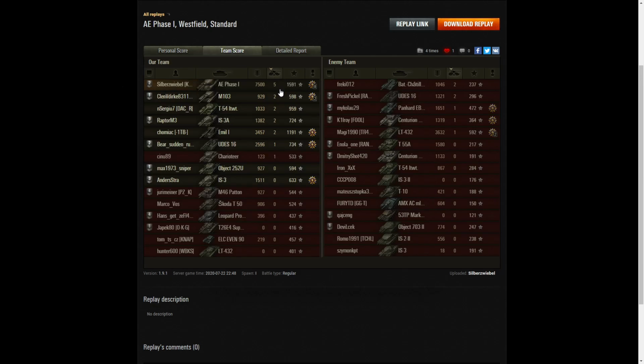just one short of getting a top gun. 2 kills go to the M103, the T54 Lightweight, the IS-3A, and the Emil 1. And 2 members of the enemy team, their Batchat 25 TAP and their Udes 16 both managed to get 2 kills. I'm afraid Bear Sudden Rush only got the 1 kill in that game, which is, well, probably because Silberzwiebel